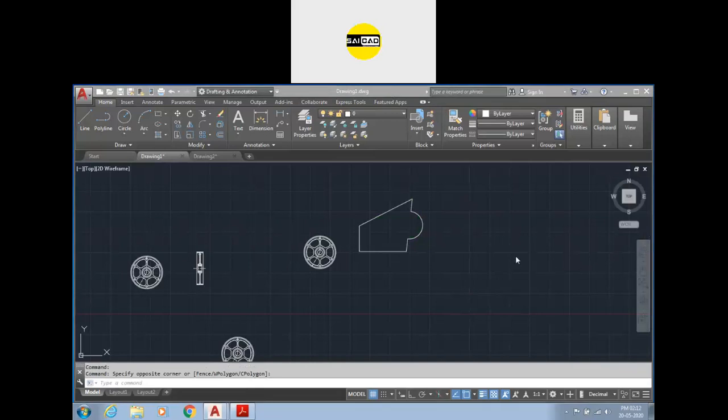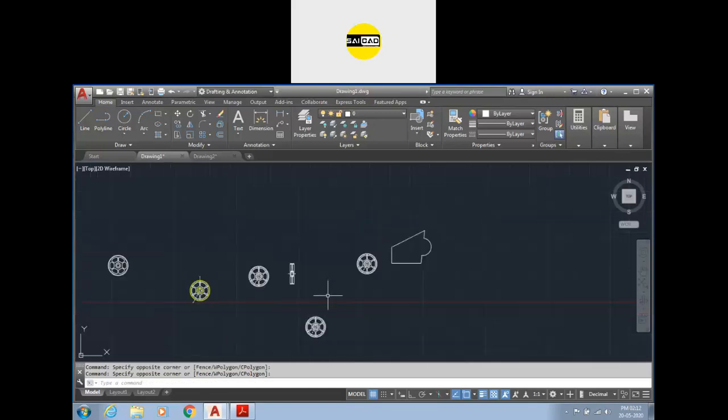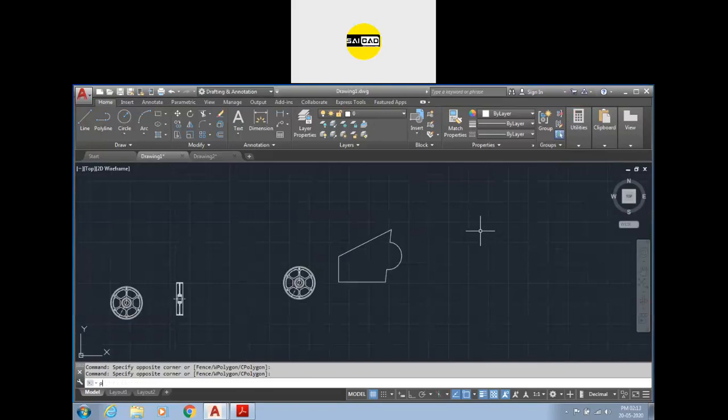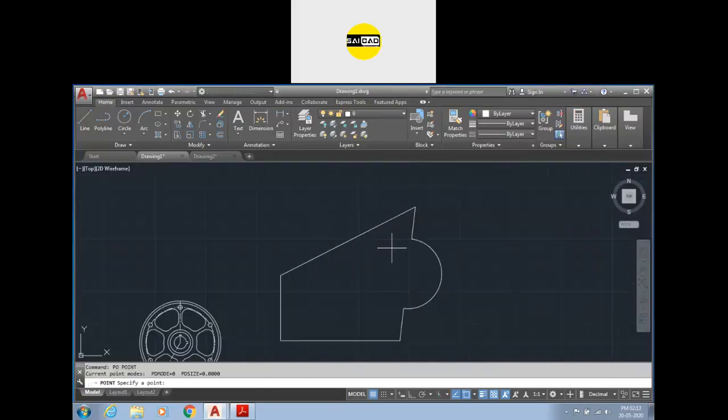Okay. So these were the options for today's session: how to create a block, how to apply the property, how you can use the groups, and how you can use the utilities from here. We can also create a point for reference purposes. The shortcut for point is PO, and if you want to specify the center, you can just click it here.